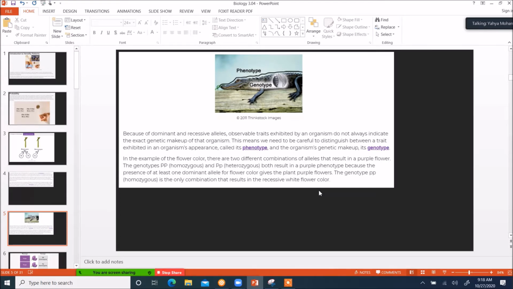It could count for personality, physical traits, anything like that. So let's suppose a plant has